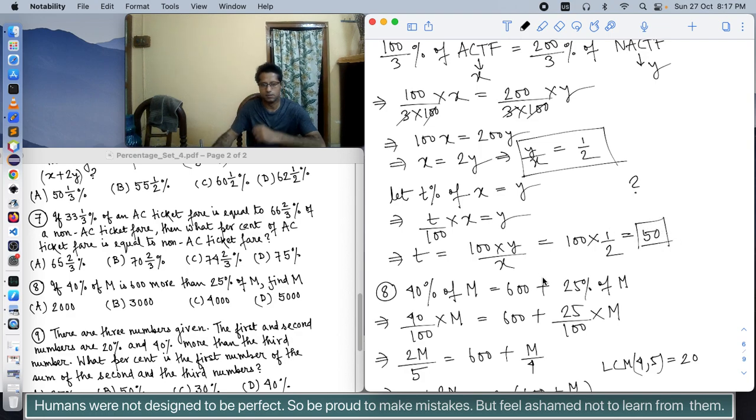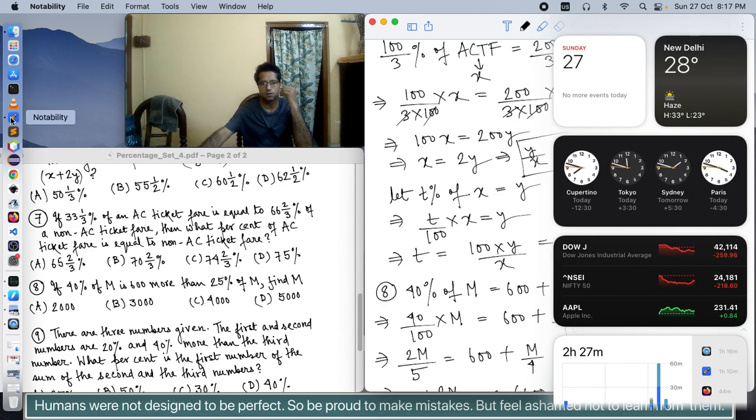So it is highly possible that I have given wrong choices for the given problem. I don't know. To me, I think I have understood the problem correctly and have solved it correctly, and the answer is coming out to be 50, but there are no choices of 50. So maybe I have incorrectly copied the wrong choices. I'm sorry for that. Anyway, this brings to an end the solving of set 4 of 10 good problems